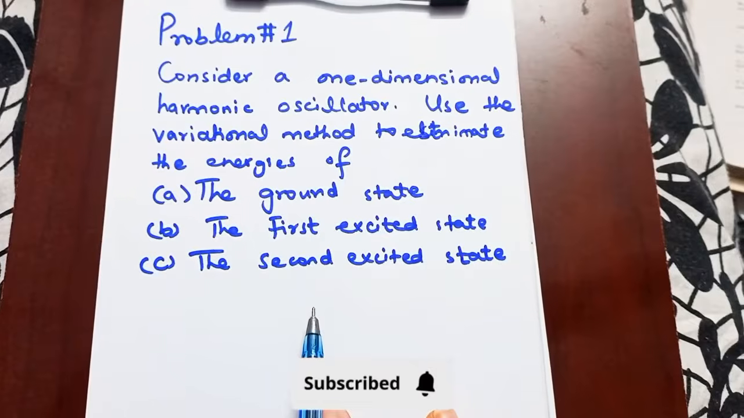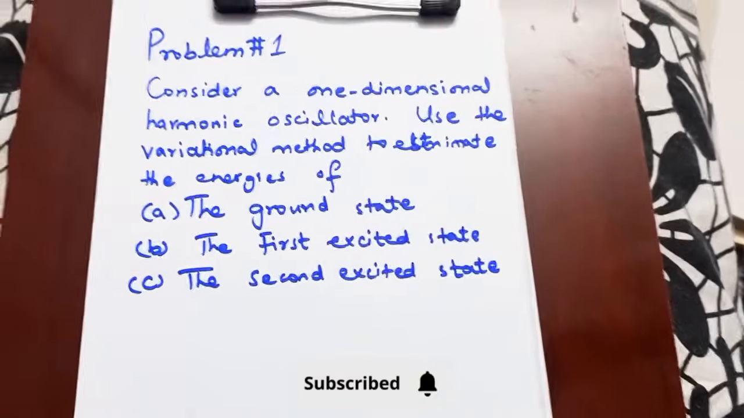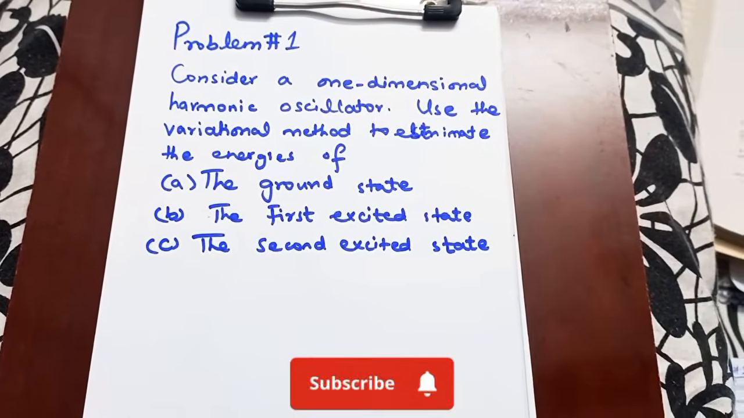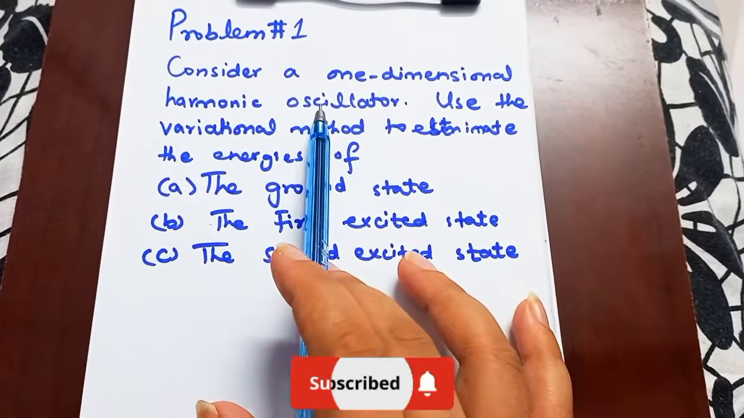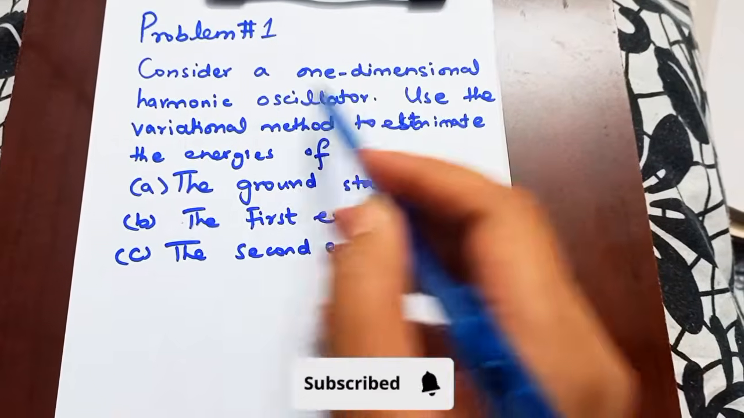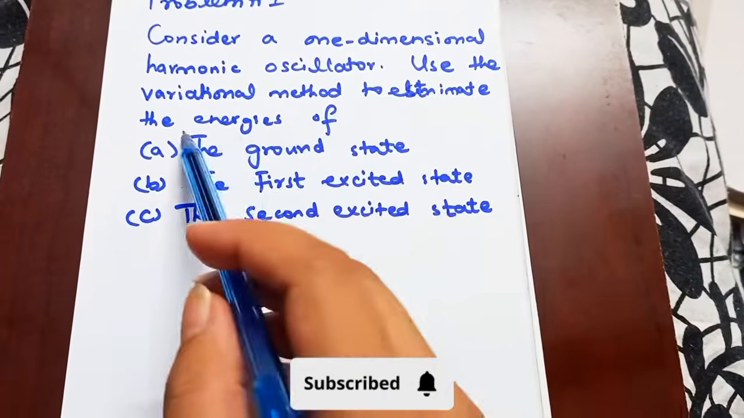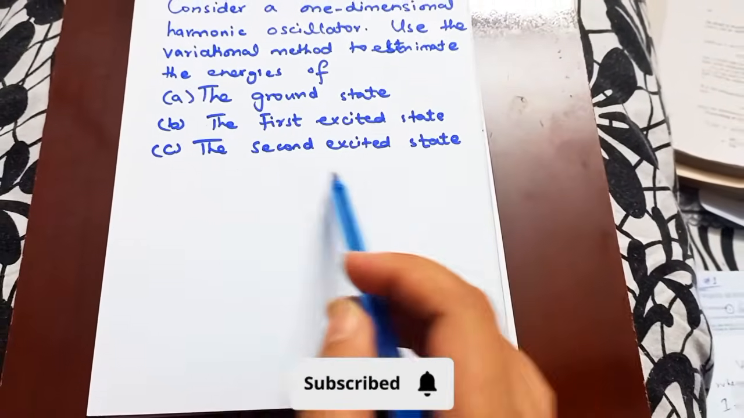This is an example problem from quantum mechanics by Zettili, and let's see the problem statement and then we'll dive into the solution directly. The statement says: consider a one-dimensional harmonic oscillator. So here we are considering a 1D case of the harmonic oscillator. Use the variational method to estimate the energies of the ground state, the first excited state and the second excited